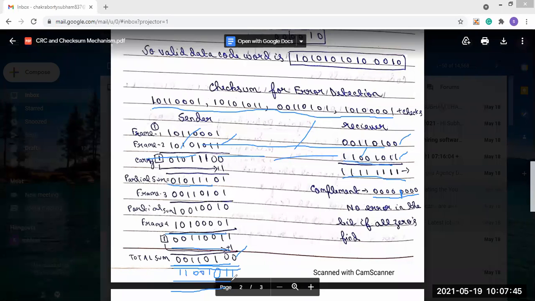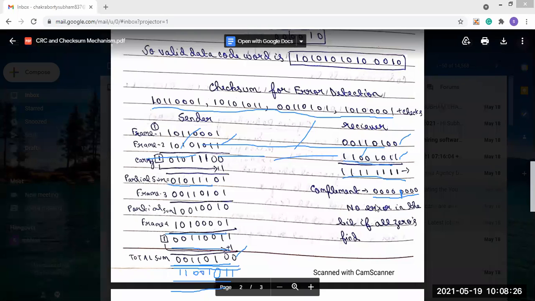So far I didn't understand where we have detected the error. Detecting the error means that if there are all zeros in the complement on the receiver side, then there is no error. If you get some ones when you take the ones complement, then in that case you can say that there is some error in this message. It is only error detection. It does not tell us the location where the error was generated.